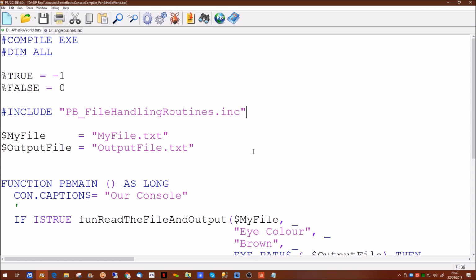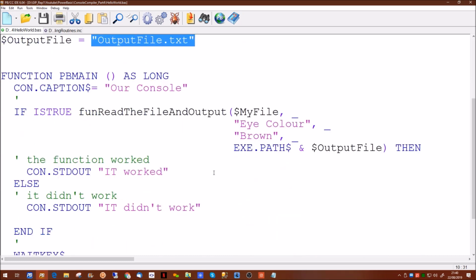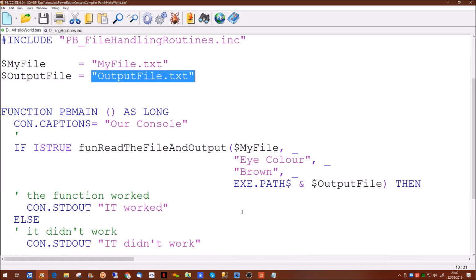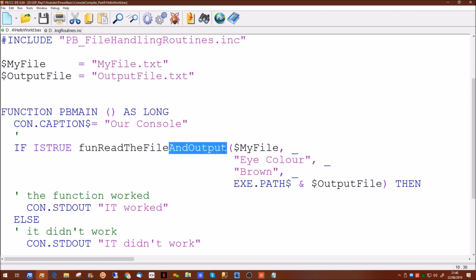This code reads one file, line by line, and conditionally outputs information to a second file. Today, rather than read it line by line, we're going to read the entire file into an array in one go, and then perform operations on the array itself before outputting the array back to a file. So, rather than the function we had here, which read the file and output, what we're going to do here is read the file